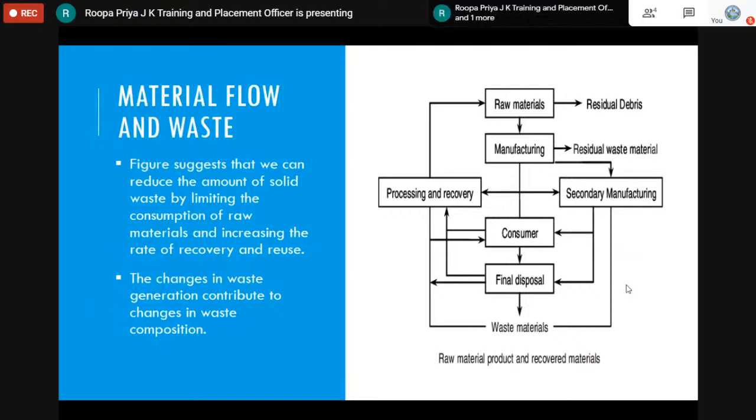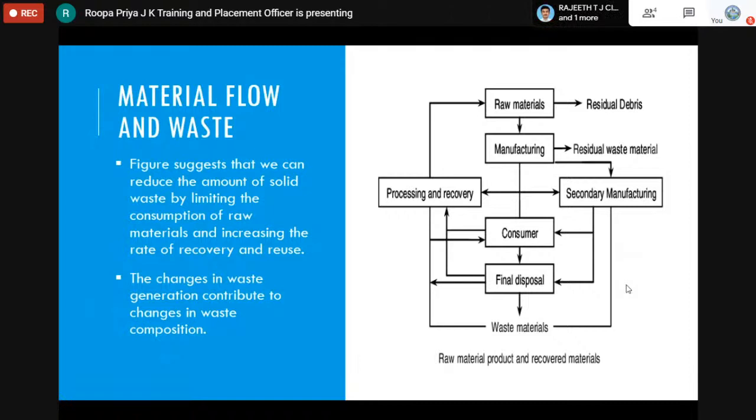There's a simple flow chart which has the raw materials, the different manufacturing, and the residues coming out of the raw materials and out of the manufacturing process. It goes into the secondary manufacturing, and you also have the processing and recovery from the secondary manufacturing. We have the consumer, final disposal, and the waste material. So this is a simple flow chart which has the relationship between the raw materials, manufacturing, consumer, processing and recovery,